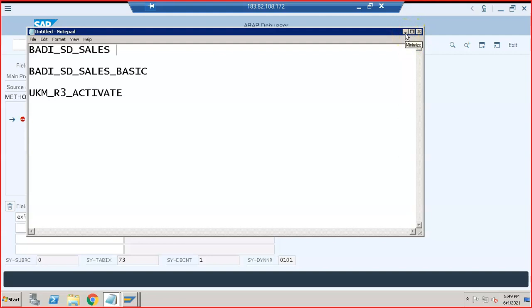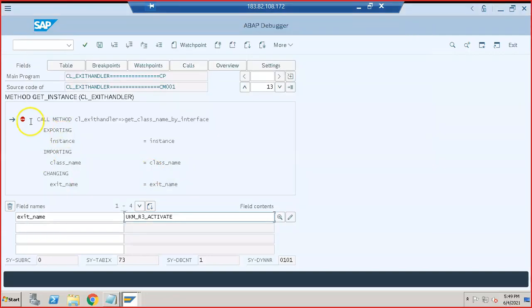This is specific to a transaction code, and the transaction code that we are testing right now is VA01. Once we are done with this and have made a list of all the BAdIs, then you need to check them in the SE18 transaction. I just deleted the breakpoint. If you don't delete the breakpoint here, it becomes a big issue, because it stops every standard transaction code. So we'll go to the SE18 transaction.